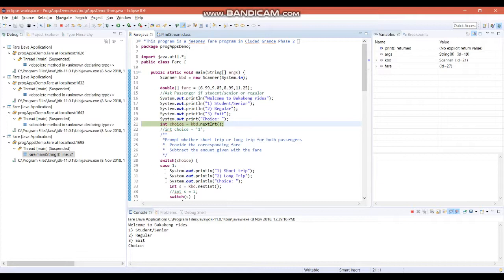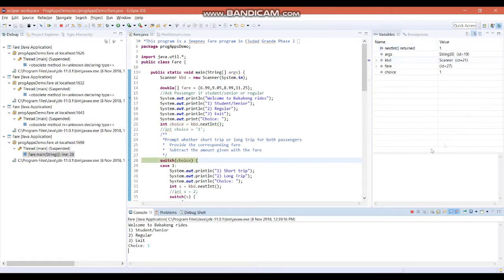So now we are prompted with this choice. We need to input what choice we want, 1, 2, or 3. In this case, we will type 1. After entering your choice, you will need to step over. We will see that our choice has been recorded here. Then we need to step into, then step over to skip that part. Now we are prompted again to choose between 1 or 2, so we will choose 2, enter, then step over that code,